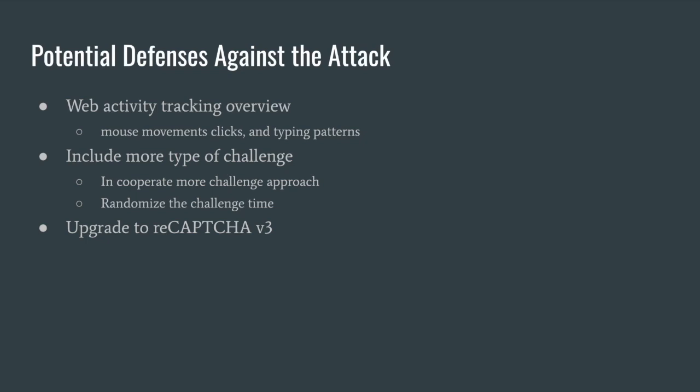The second way is to include more types of challenges. The challenge may be a puzzle or an image recognition task, in addition to tracking user behavior. This can make it more difficult for a bot to bypass the challenge and access the website. Another approach is to randomize the challenge time duration, so the bots cannot predict when the challenge will appear. They can only use a fixed timing to answer any problem. This can further enhance the security of the website and prevent the bots from using automatic scripts to